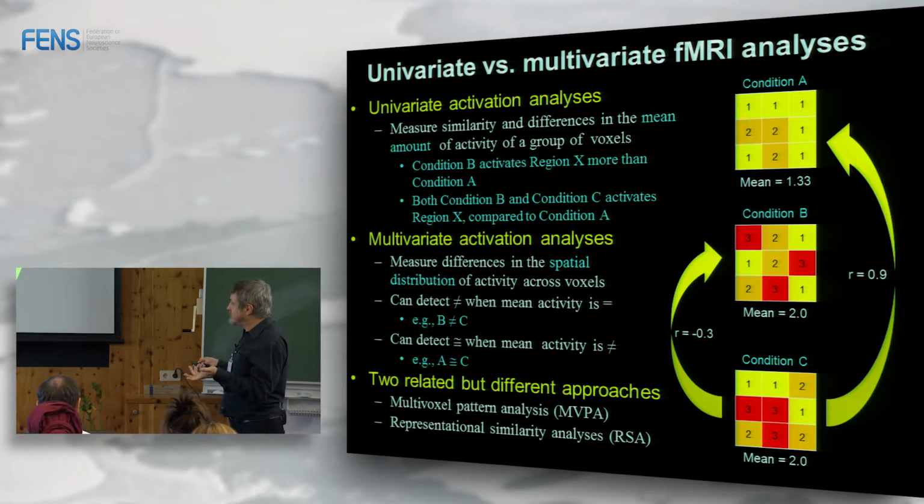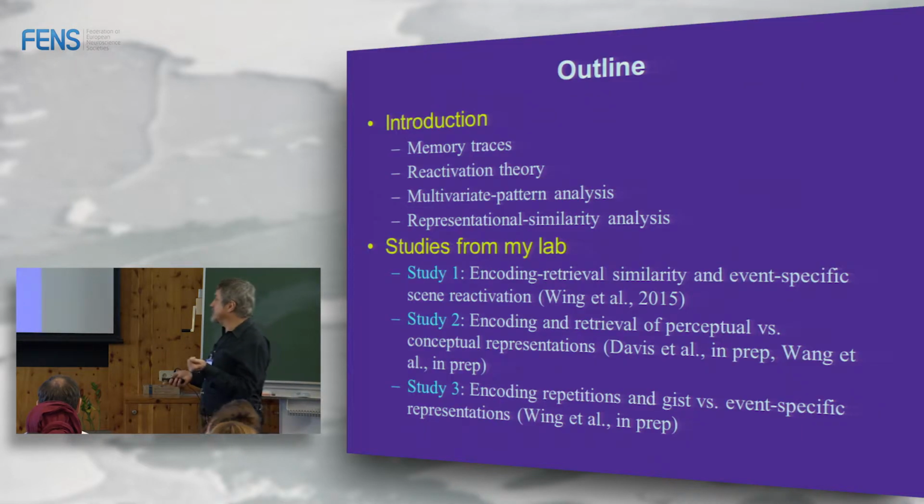The two main methods are multivariate pattern analysis, in which you train a classifier to detect these different patterns and be able to classify, let's say, condition B and condition C, and representational similarity analysis, in which you basically look at the correlation between different types of stimuli or different types of conditions, and you heard a lot yesterday from